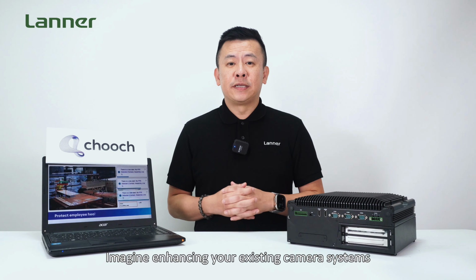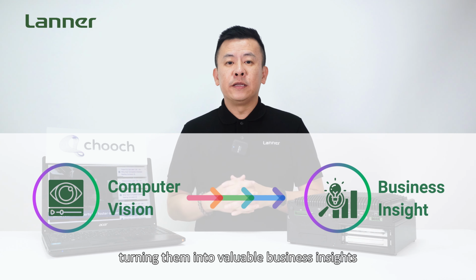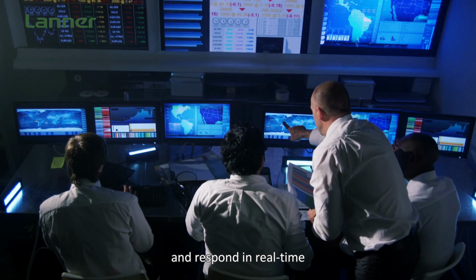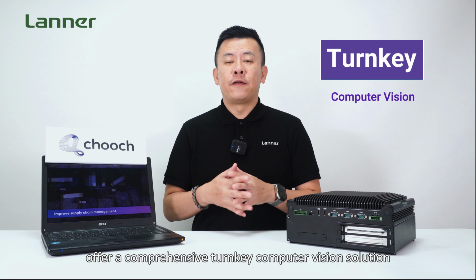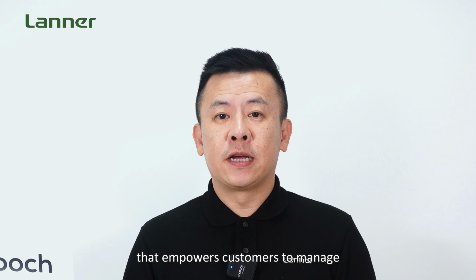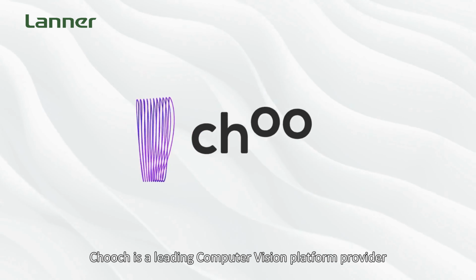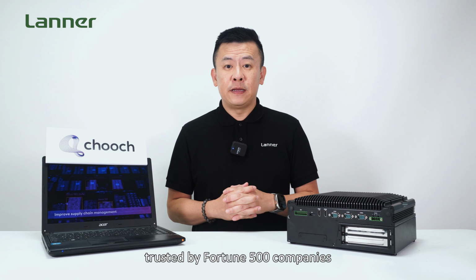Imagine enhancing your existing camera systems with computer vision technology, turning them into valuable business insights, to interpret our environments, identify critical anomalies, and respond in real time. Lanner and Chooch have joined forces to offer a comprehensive turnkey computer vision solution that empowers customers to manage the entire process seamlessly. Chooch is a leading computer vision platform provider trusted by Fortune 500 companies to help